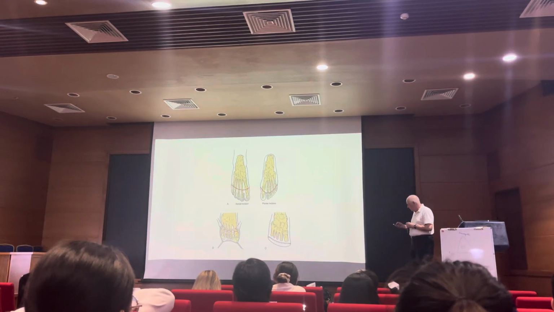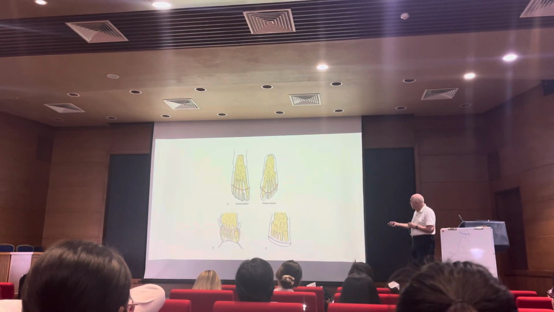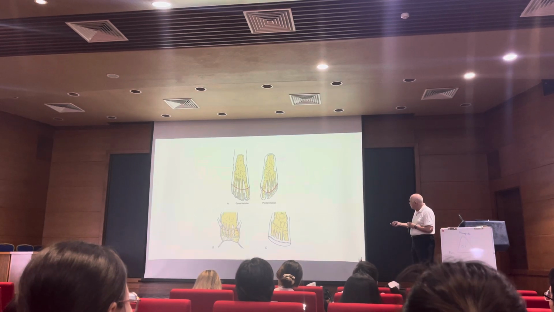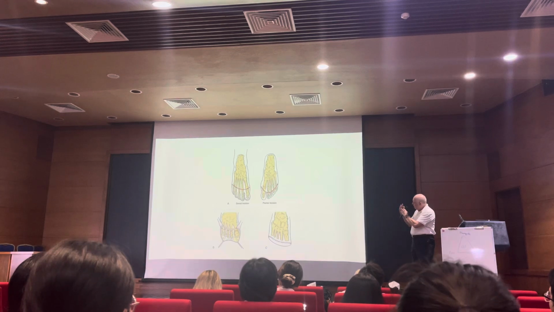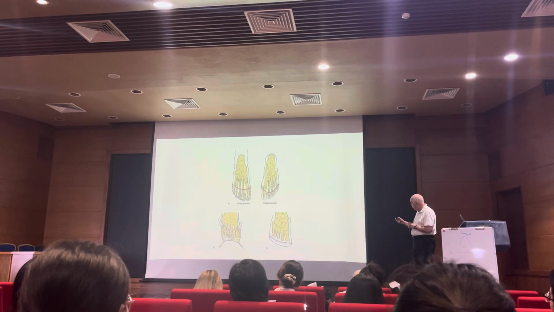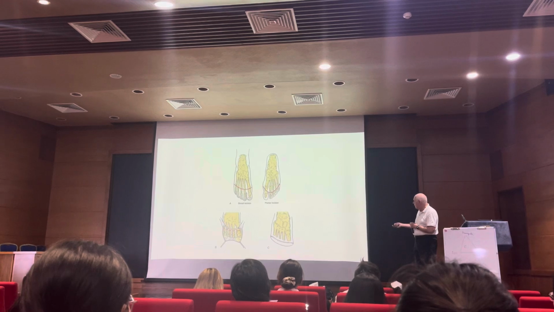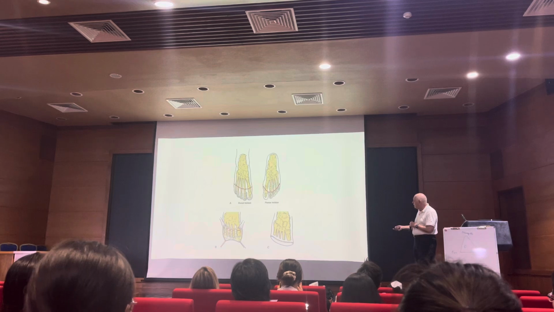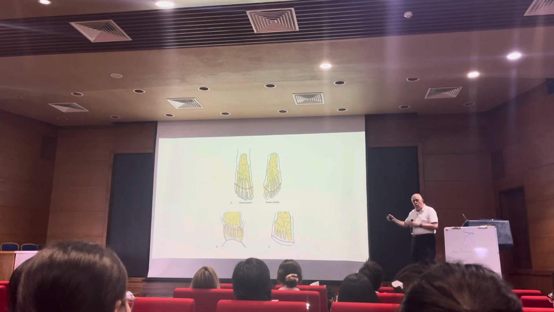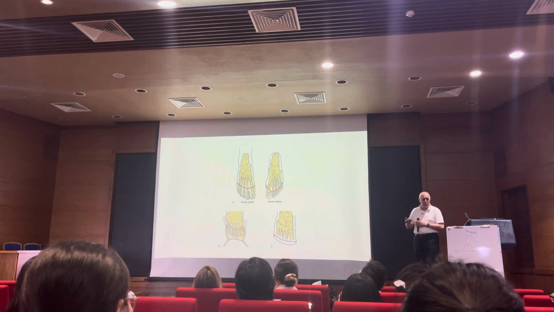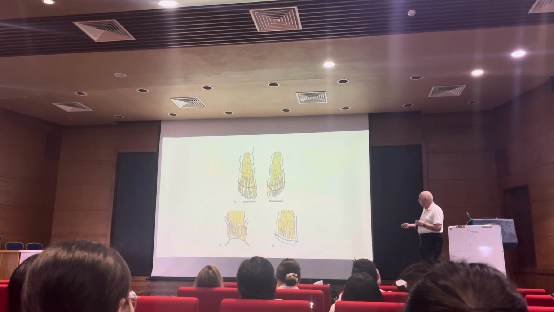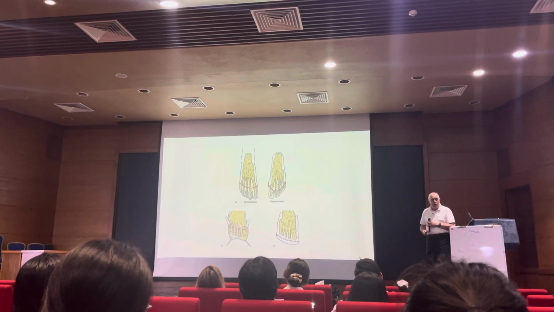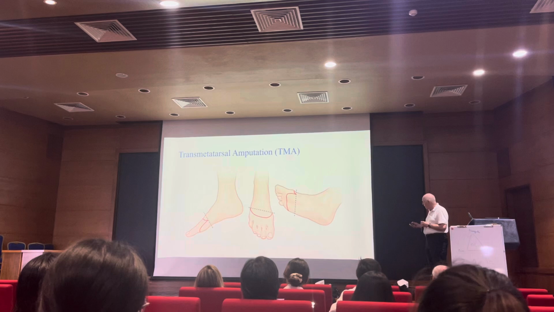And the technique, on the top of the foot, we make a curvilinear incision like this, near the ball of the foot. On the bottom, that incision is also curvilinear, but it's right at the base of the toes here. So that leaves you, and then we cut the bones at about this level. This is probably a little bit shorter than I would normally make it, but you go as far back as you need to, depending on where the bone infection is. The point here is that will leave you with this nice flap here that you can then pull up and close. And this is what it looks like from the side.